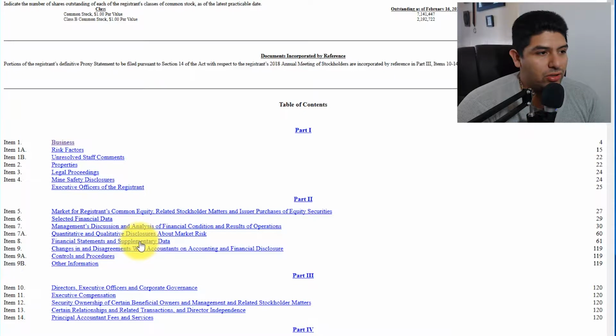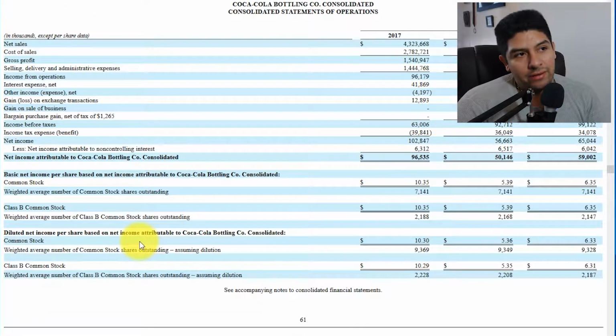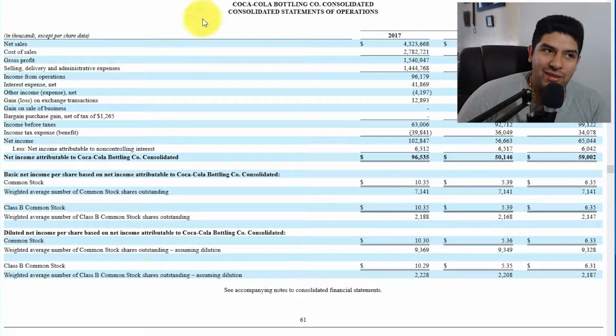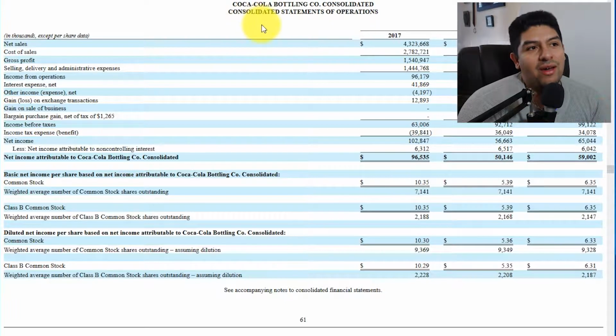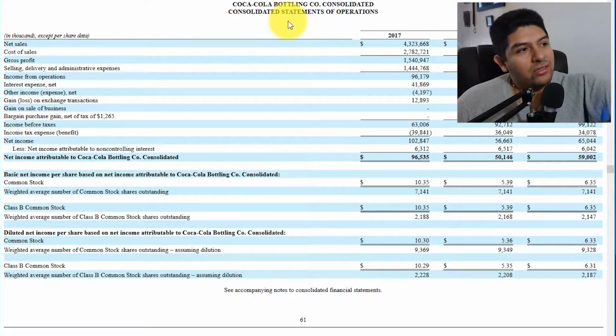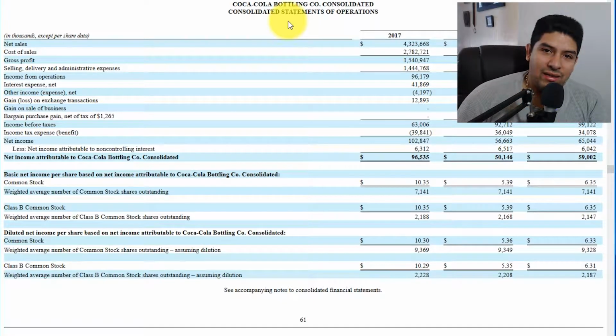But Coke, I've always been a shareholder, so I just go to the financial statements every year. Everybody names their financial statements differently. This one is the Coca-Cola Bottling, and it doesn't say income statement, and I've been saying a lot of income statement, but by the way it looks, you see net assets and you see net income. So even though the title can be different, they all have the same format